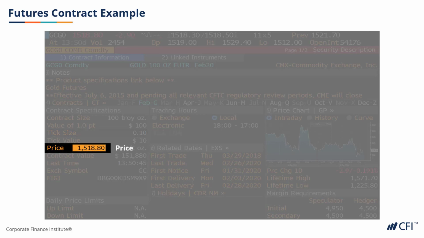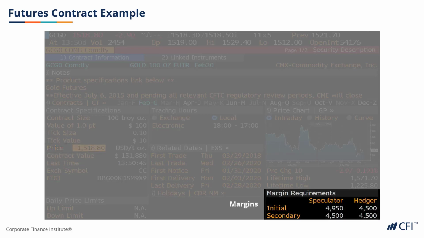Next, you'll see the price. This is the agreed futures contract price. Gold is quoted per troy ounce, so the contract value is $1,518.80, but times 100 troy ounces. So the true contract value is actually $151,880. At the very bottom of the Bloomberg screen, you'll see the margin requirements, and you'll see both something called